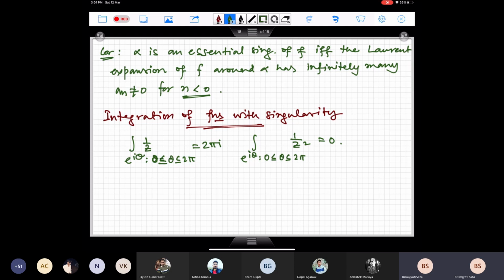Okay, in case of 1 upon z, it's already in the expression of a Laurent expansion. I see that the coefficient of 1 upon z there is equal to 1, which is a non-zero coefficient. And in case of 1 upon z square, which is also in the expression of a Laurent expansion, there the coefficient of 1 upon z is actually 0, right? So that particular a minus 1 for 1 upon z square is actually 0 when we write down the Laurent expansion. So this particular coefficient a minus 1, as I said, is going to play a key